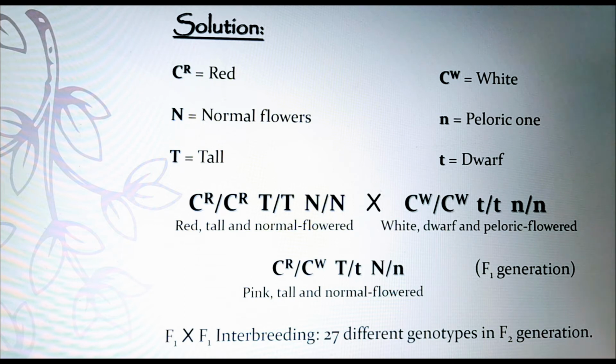Now here we ask specifically for the proportion of F2 progeny that resembles the F1 in appearance. So we have to calculate this proportion in a direct way, without needing to display all the possible genotypes and collect those classes with the appropriate phenotype. So first we calculate the frequency of pink flower plants in the F2 generation. Then we determine the proportion of these plants that have the other two attributes.